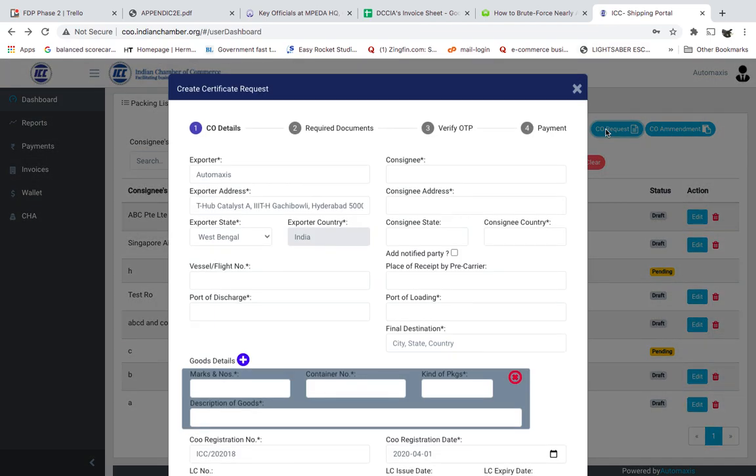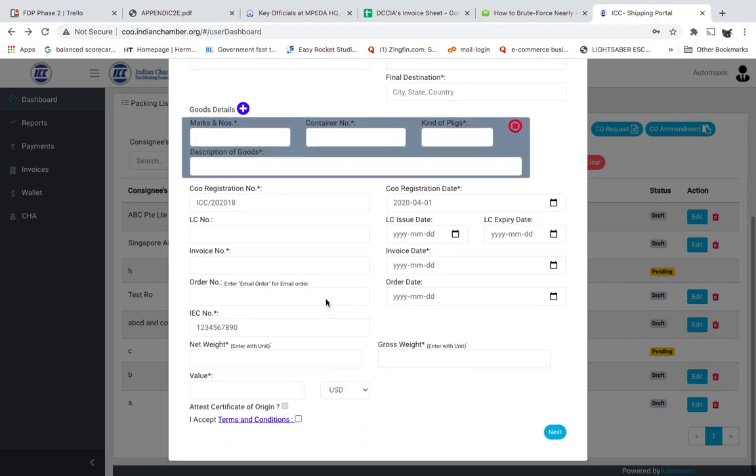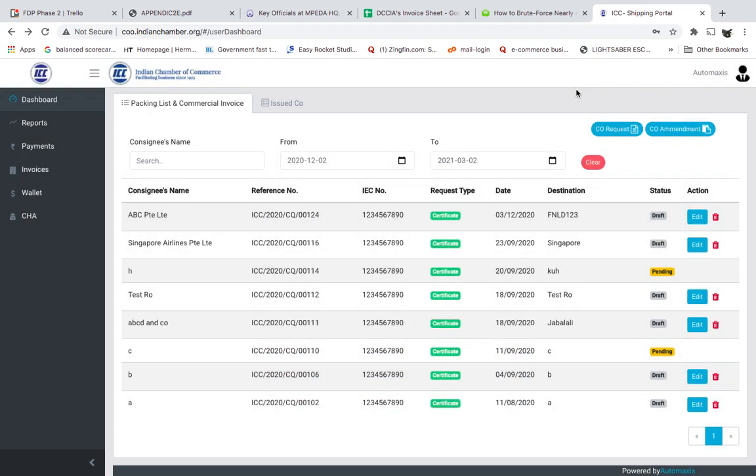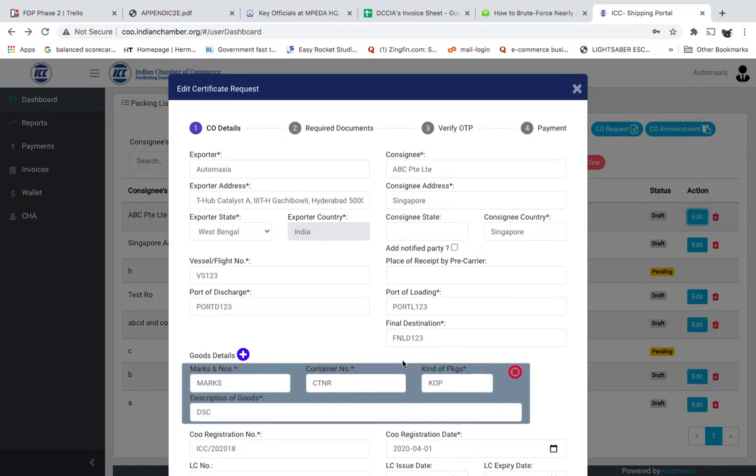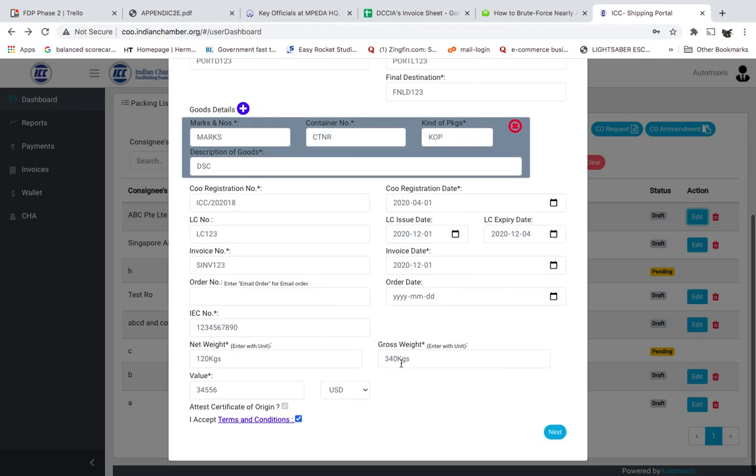If everything looks good to you, you can go ahead and apply for a new certificate of origin request, which is a simple 4-step process. Get started by clicking on See Your Request. After clicking on See Your Request, you can see certain fields getting auto-fetched of your company which are editable. Fill up the consignee details and other entries which are marked as mandatory and non-mandatory for the certificate of origin form. Once you fill up the form, make sure you review the form and click Next by accepting the terms and conditions.